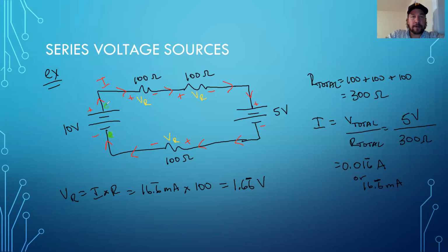So now the electron has 10 volts. Comes here and loses 1.66 volts. So if I'm at 10 and I lose 1.66 volts, the electron now here,